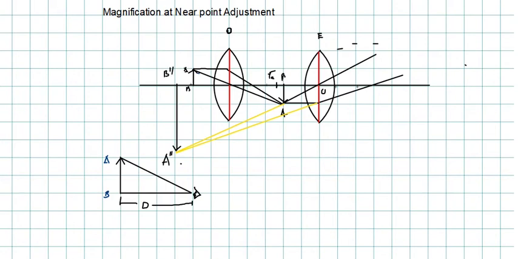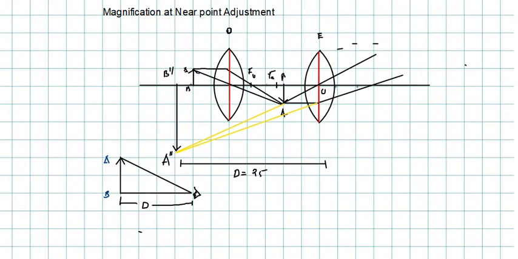And how far is it? This is at a distance of D, that means 25 centimeter from the lens, and the image is highly magnified. So the key thing to remember here is that the intermediate image formed by the objective must be within the focal length of the eyepiece and the optical center of the eyepiece. So this is the focal length of the objective. Clear?